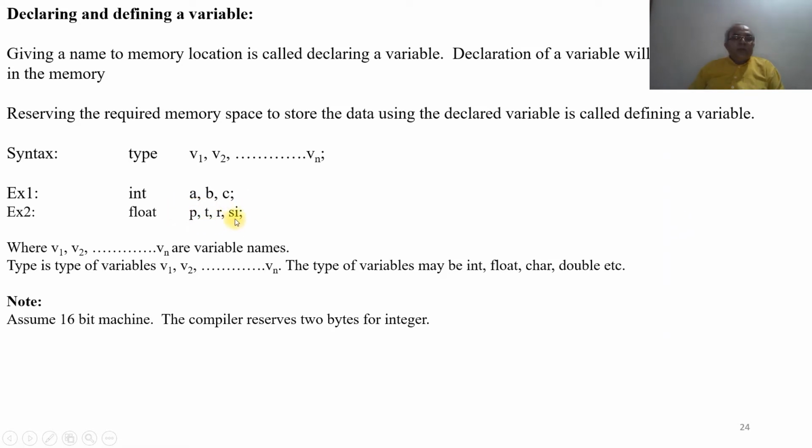All these will have a decimal point because of the floating variable, where v1 to vn are variable names and the type is the type of the variables v1 to vn. The type of variables may be integer, float, char, or double. If you are assuming a 16-bit machine, the compiler reserves 2 bytes for an integer.